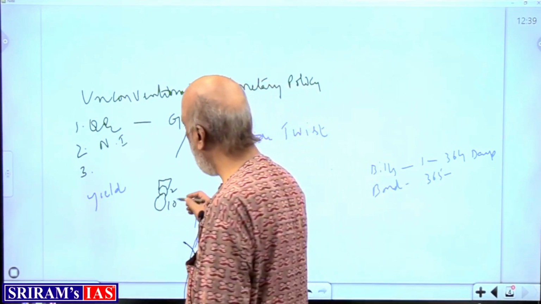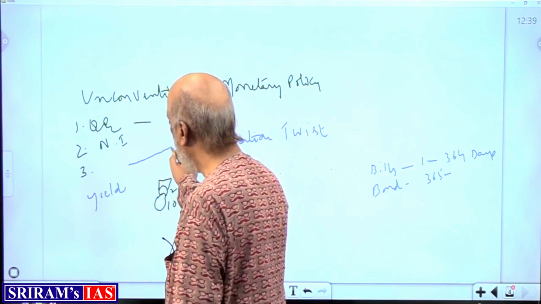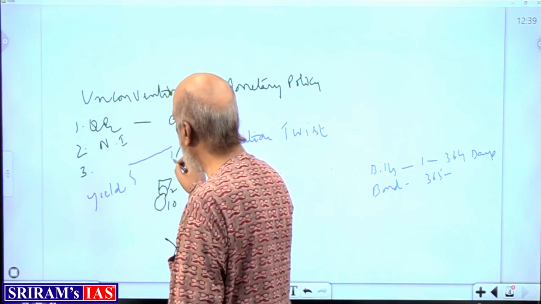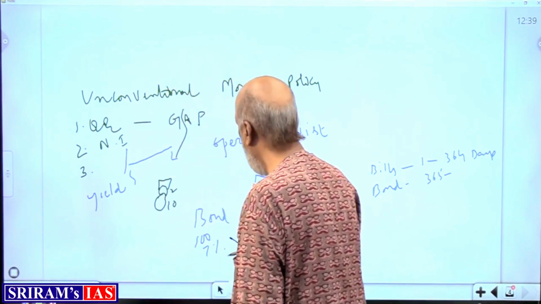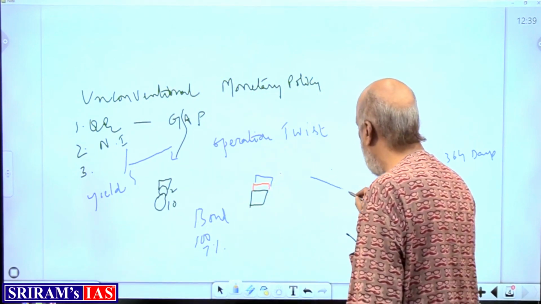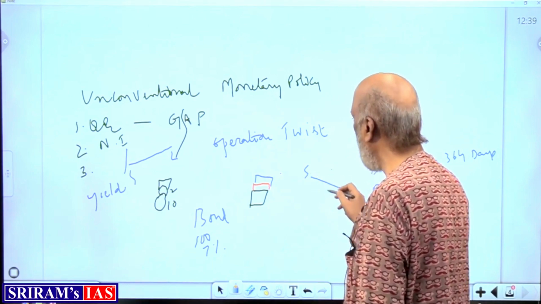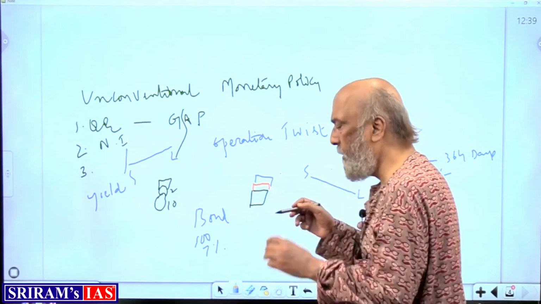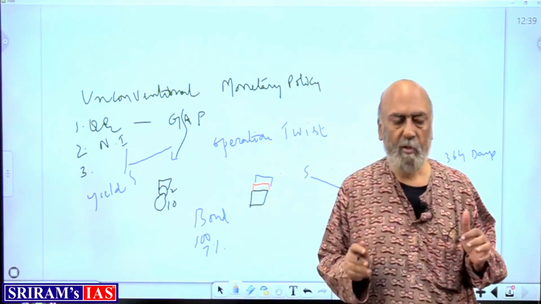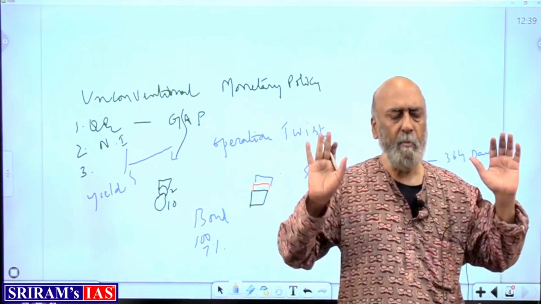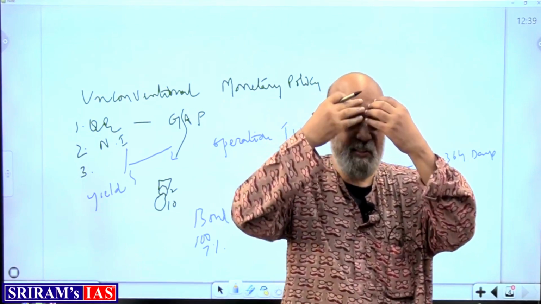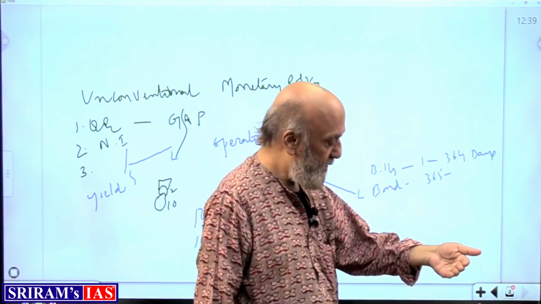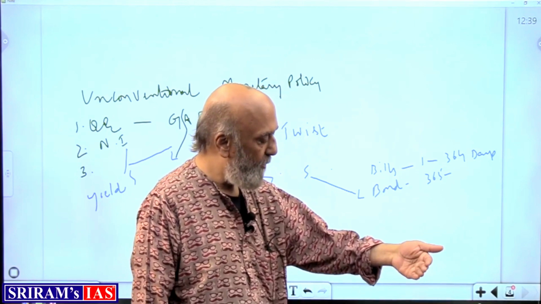The graph was like this. This is short, this is long. Short is giving you less, long is giving you more. The inversion is this: short is giving you more, long is giving you less. That means your confidence about the economy in the long term is good. In the short term, it's not good. That is a recession. Recession, tumbling down,